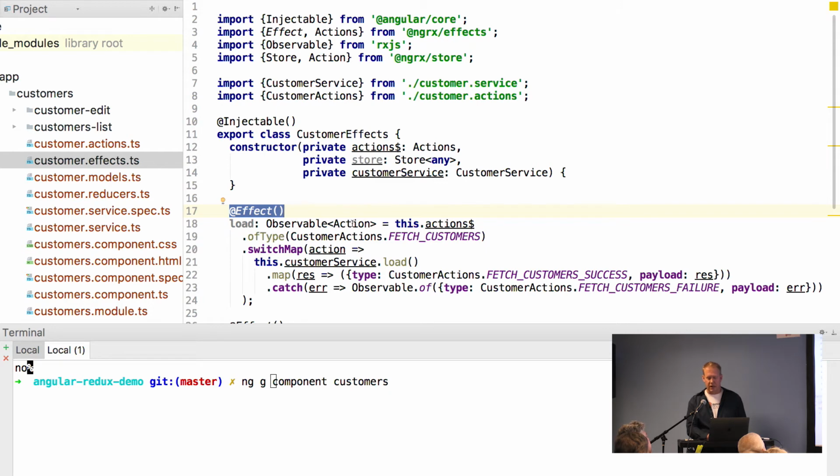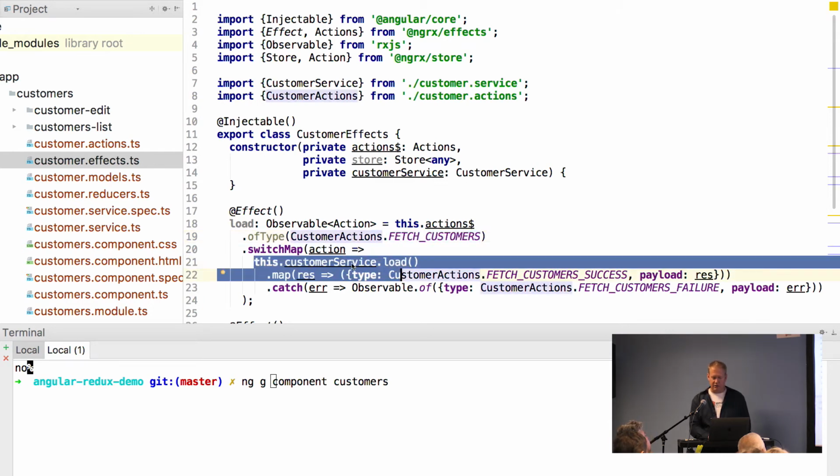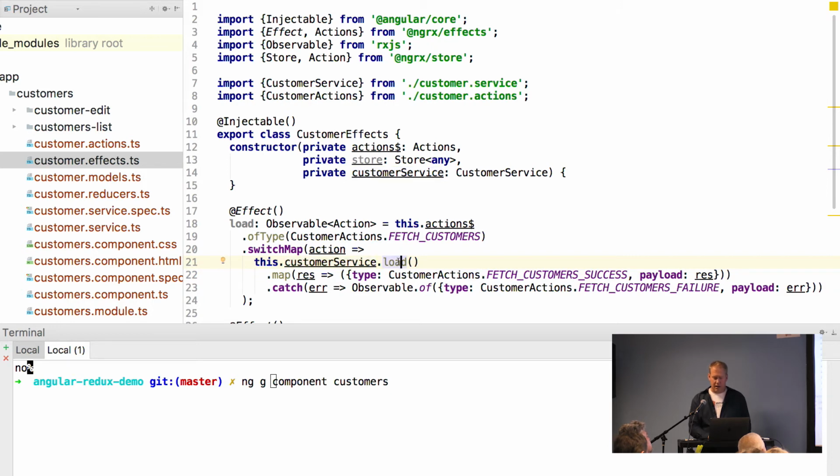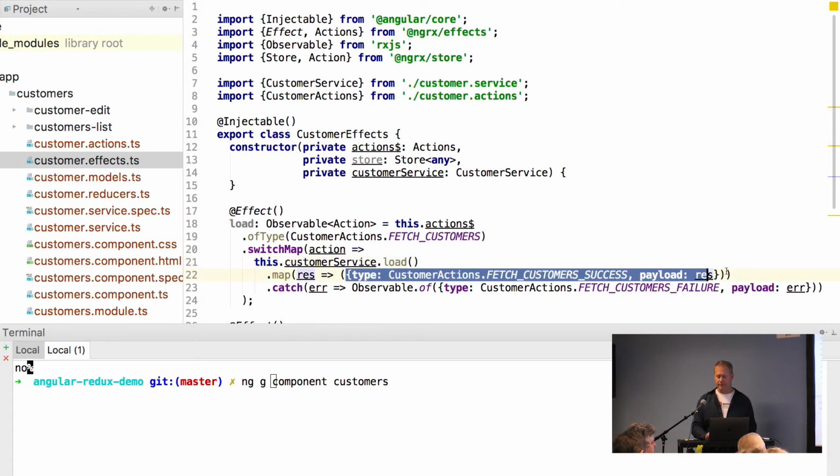It's going to return an observable action, and it gets registered that anytime that fetch customers gets dispatched, it's going to go ahead and pick this up and run it. It's going to use our customer service load method, and then what it does is very interesting here. Instead of just returning the data back, we're now taking the data that we get and mapping it into another payload or another dispatch. This here is where we're going to do our fetch customer success, and then our payload is the response that we get back. So depending on how the response is coming back, yours might look like response.data